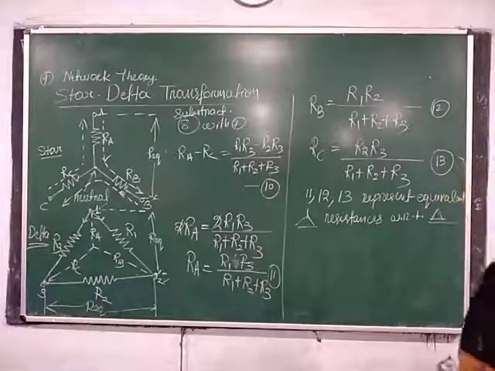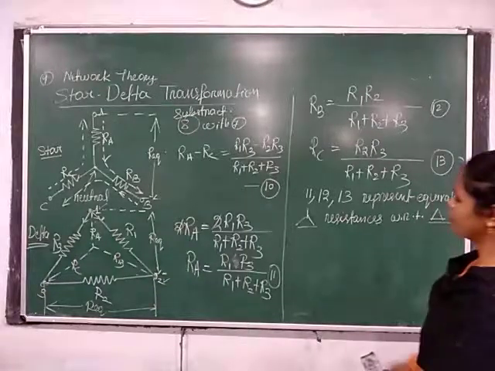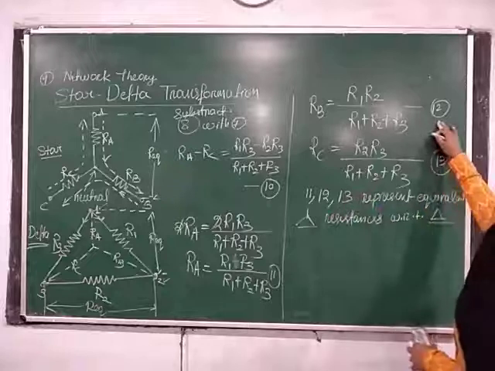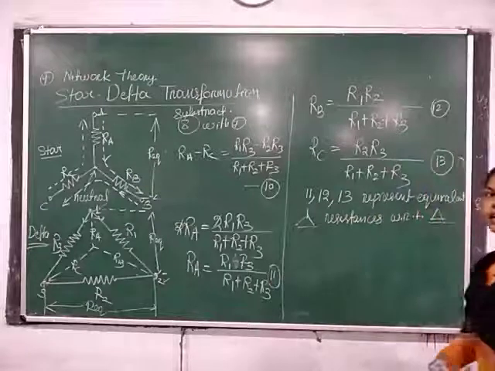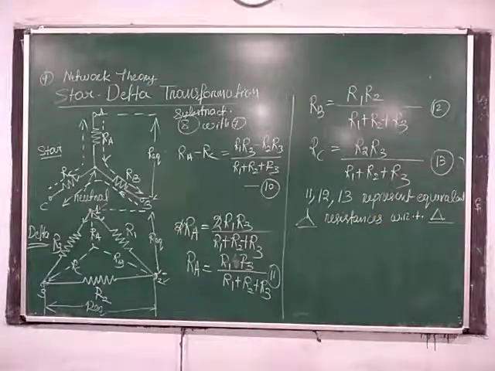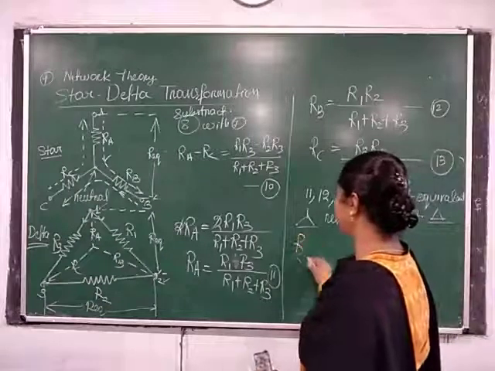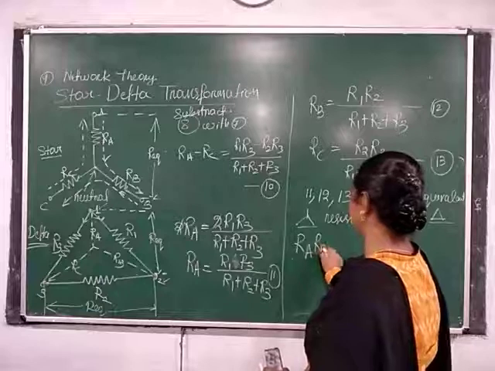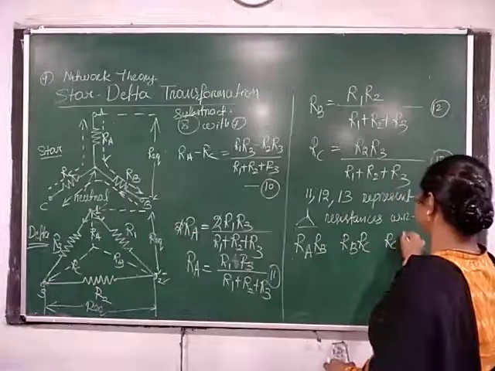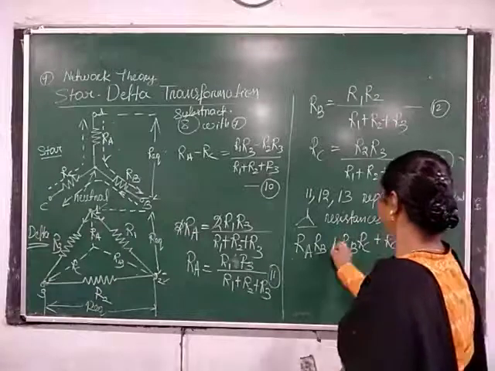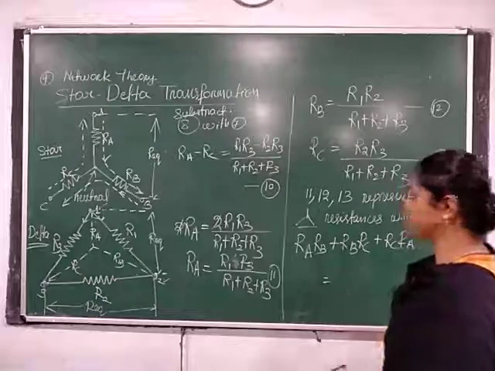For that, the next step is: multiply equation 11 with equation 12, equation 12 with 13 and 13 with 11, and add all the results. After this you get